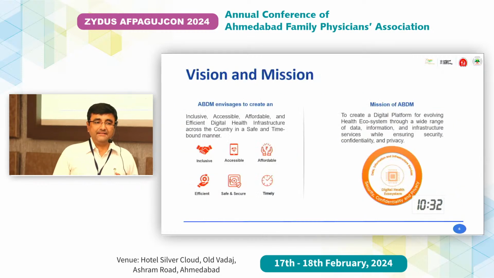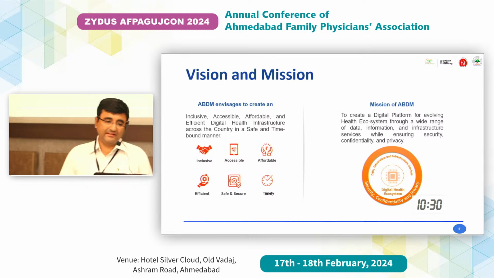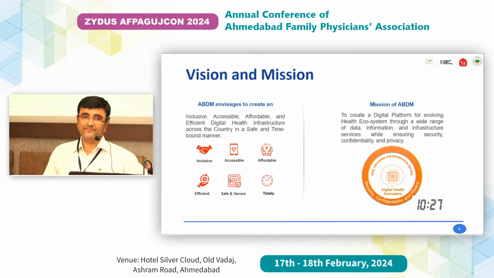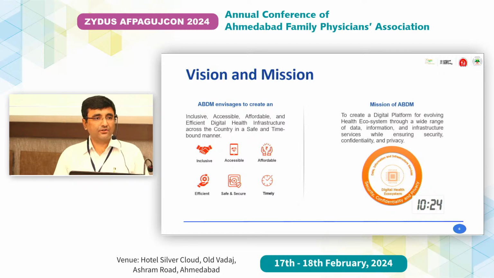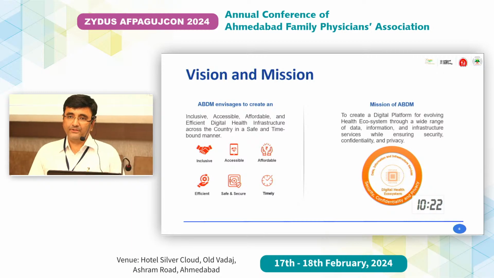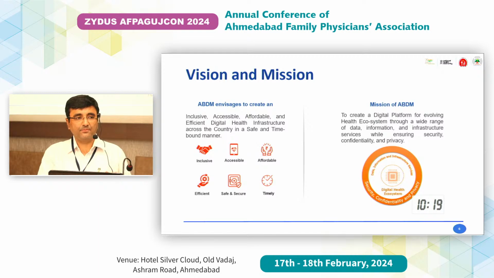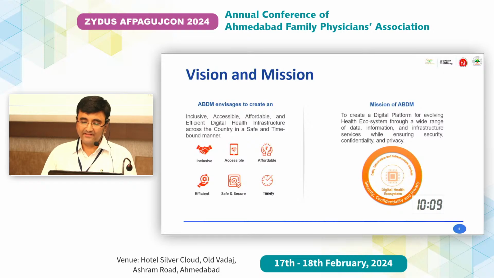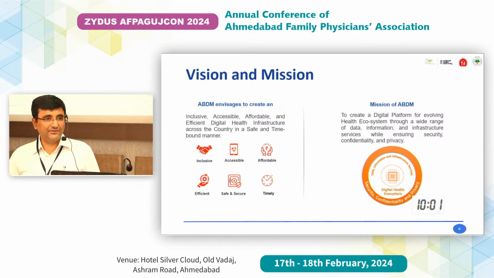So basically, the mission started with the vision of inclusiveness. It is inclusive for all citizens, the entire population of the country, say for example, the entire population of the state, 6.5 crore. It should be accessible very easily, as easy as, for example, using UPI or WhatsApp or Facebook on our mobile. It should be affordable, and at the same time it should not have any added cost. The system must be efficient, it should not have additional time or processing time.